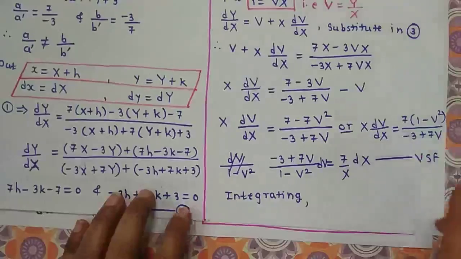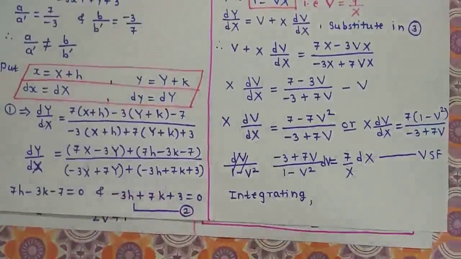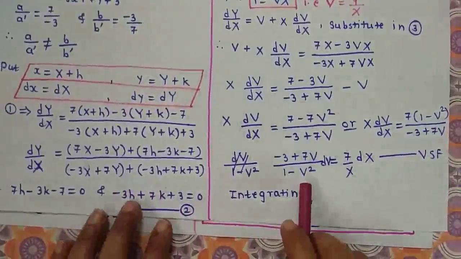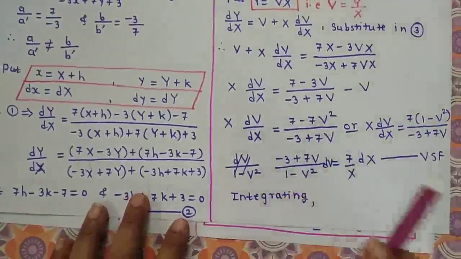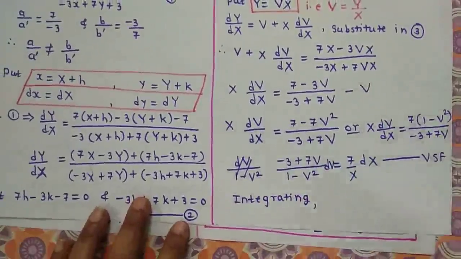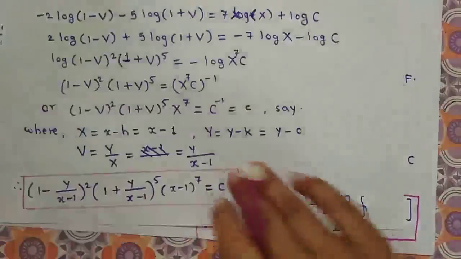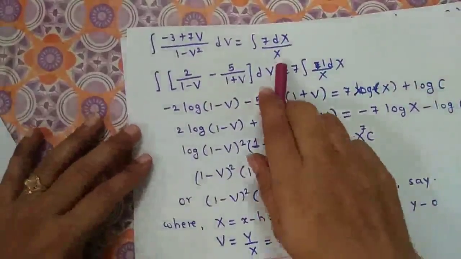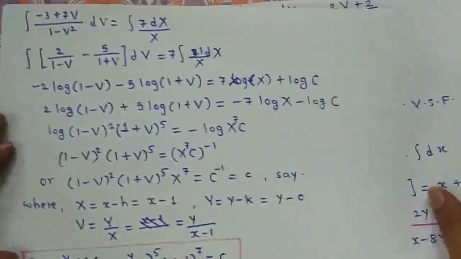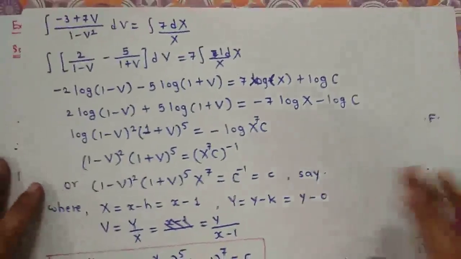Okay, now we collect terms of v and dv together and terms of x and dx together, and that's why this equation can be reduced into variable separable form, and we know simply by taking integration we get its solution. Okay, now let us see the integration. Here we apply partial fractions. So this is our previous step. Now by applying partial fractions we get